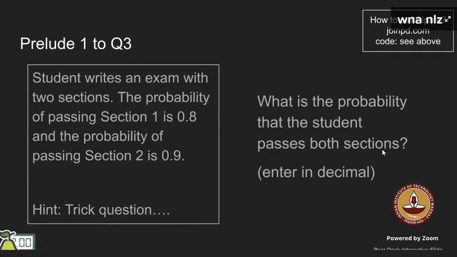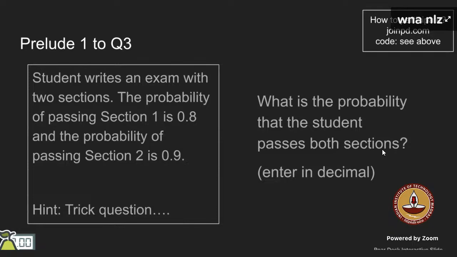Okay, see, first thing we are saying is let the event of passing in section 1 be S1 and the event of passing in section 2 be S2. So what are we trying to find out over here? It is S1 intersection S2. Is this clear to all? Yes, sir. Okay. Now if you're trying to find S1 intersection S2, what are the possible formulas you know when you are trying to find two events where both have to occur? Anyone?